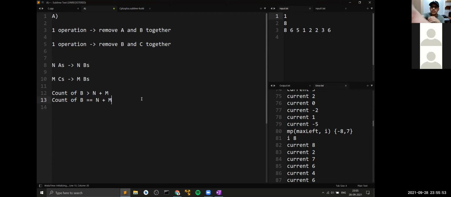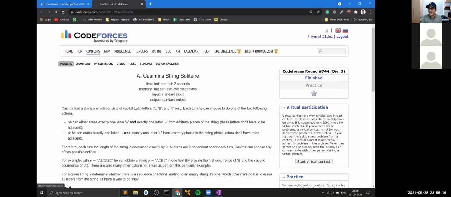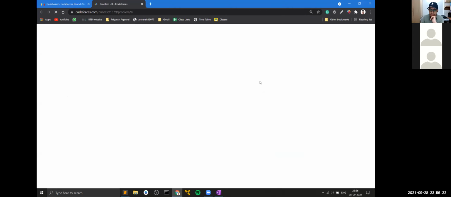And let me just shift it here. Yeah, fine. So yeah, do you guys have any doubts or should we move to the second problem? Move to the second problem. Okay, fine. So yeah, let's move to the second problem here. And the great part about a Div 3 contest is that you don't have to explain a lot. So yeah.